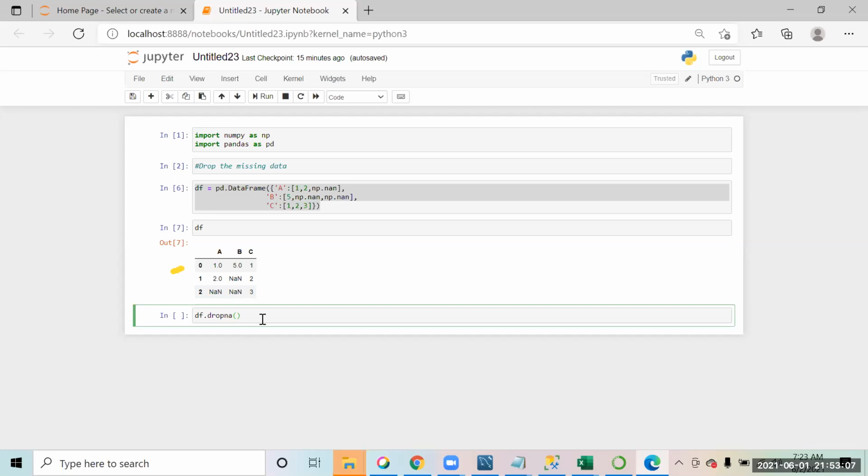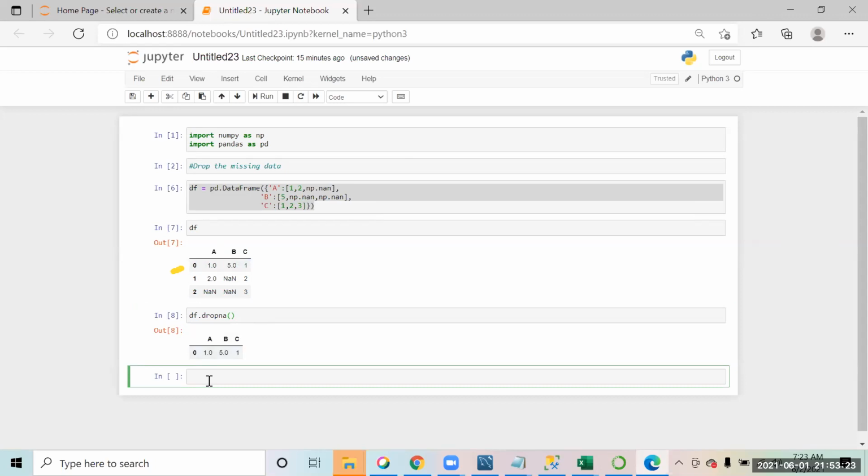So if you say df.dropna on this data frame, by default axis is equal to 0. That means it is going to delete those rows which have some missing values in them. Like in this case, rows 1 and 2 will be deleted. If I run this command, you will now see 1 and 2 have been deleted.